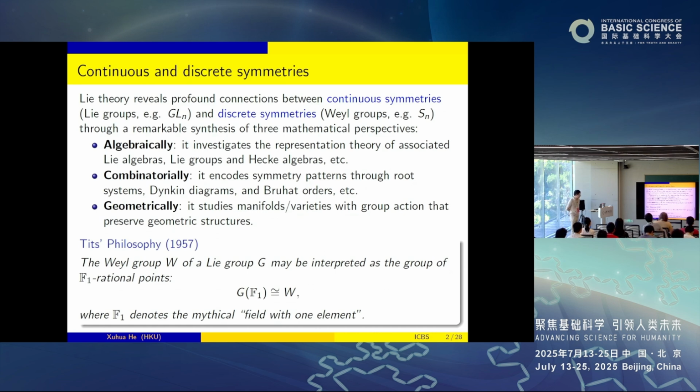But I would like to start with the connection between continuous and discrete symmetry through what we call Tits' philosophy from 1957, where he basically says that the Weyl group of the Lie group can be interpreted as the group of F_1-rational points. Here F_1 is the field of one element, and